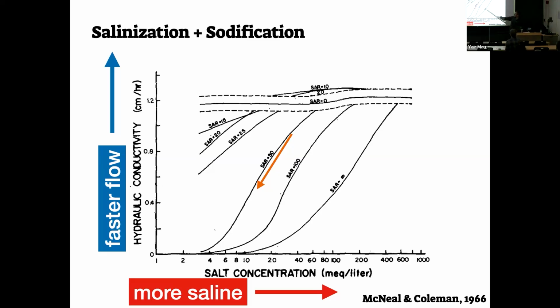Here we see different values of SAR. SAR is a measure of the sodicity, the amount of sodium we have in the soil. So the higher the SAR, the higher the fraction of sodium in the soil. So usually we see this kind of graph, and we see that this is a clear process of degradation. Degradation because the hydraulic conductivity goes down, and we want healthy soils that can let water and air pass through it so that the plants can do their thing.